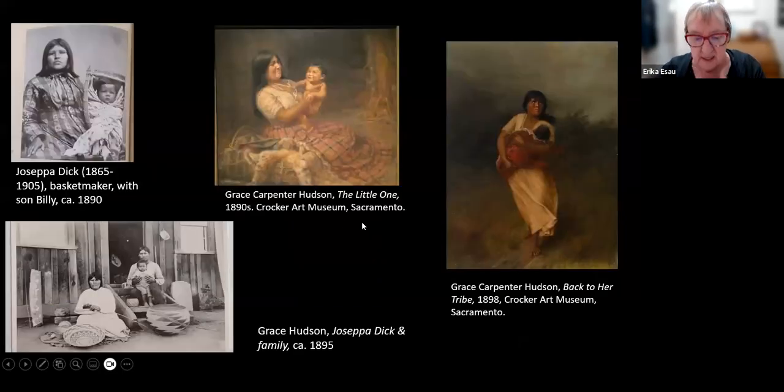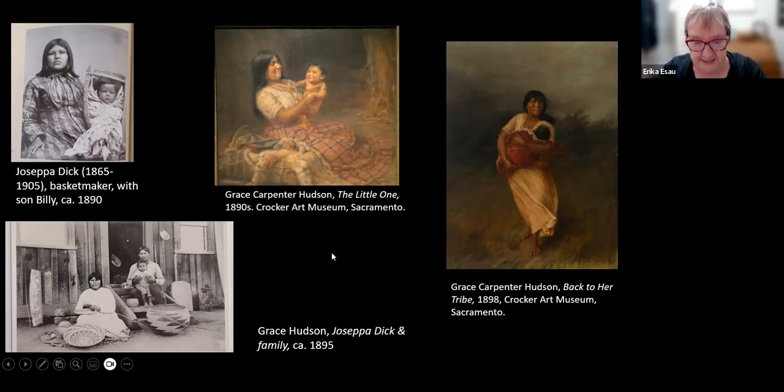Most of her paintings were done with a model or from photos, and they're all in these rather dark tones, but ethnographically as realistic as she could make them. So she's actually using the implements of the tribes that she knew, and they're always in these dark tones. Now, the painting on the right, Back to Her Tribe, this is the only time that Hudson actually made